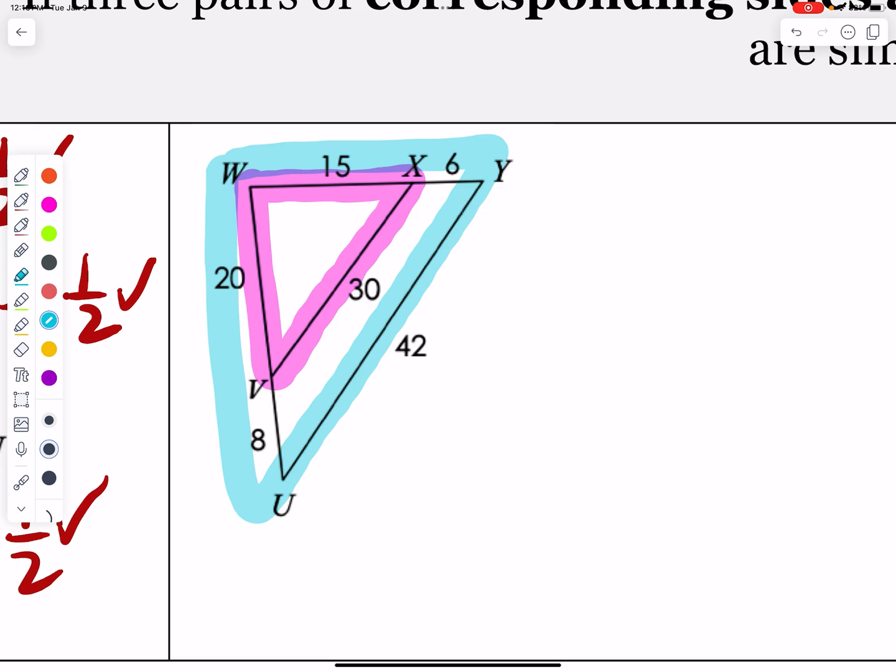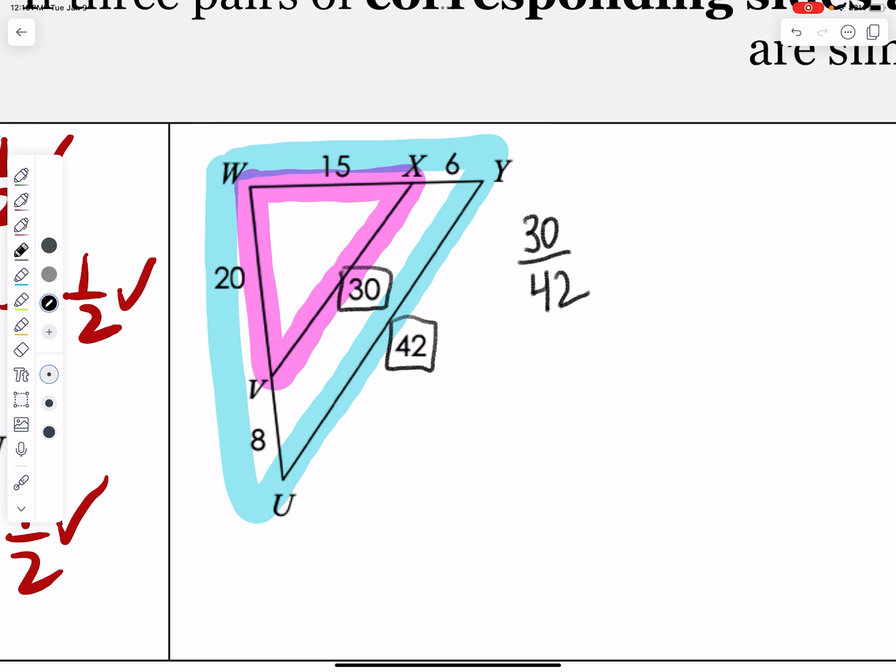So the first part is easy. When I'm comparing the 30, that's the full pink amount to the full blue amount. So that's going to be 30 over 42. What does 30 over 42 reduce to? You're just going to simplify that fraction. Remember, we always want ratios to be in simplest form. That is 5/7. So as long as the other 2 pieces also reduce to 5/7, then these 2 triangles are